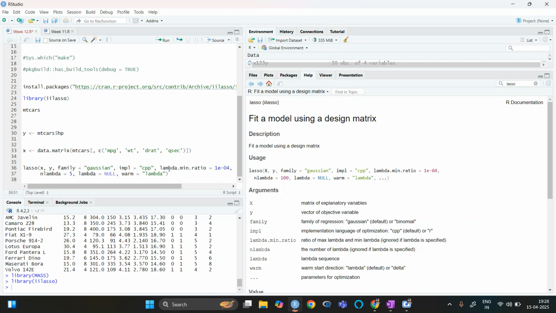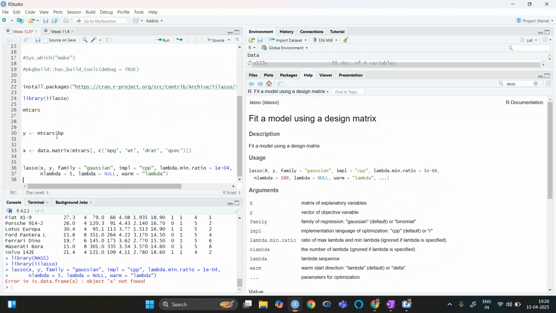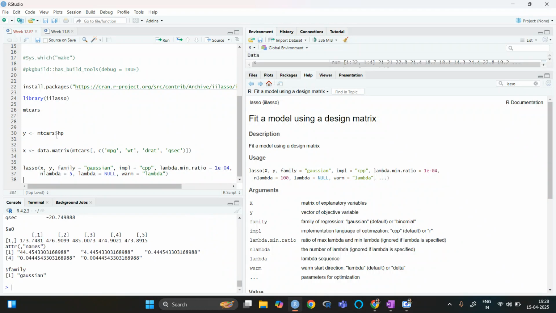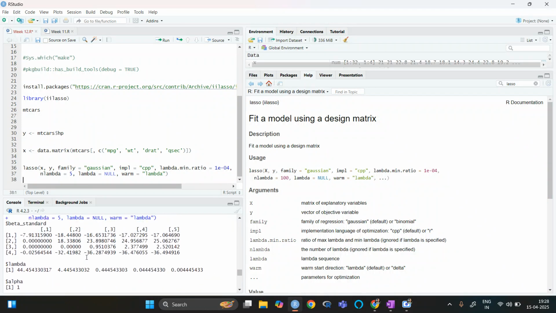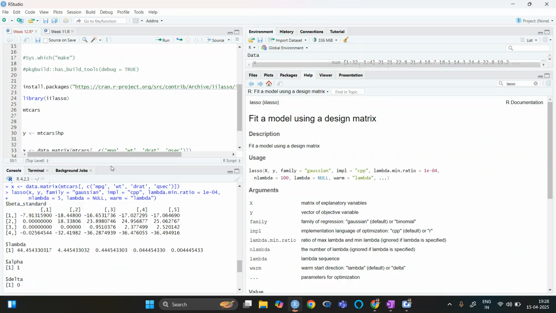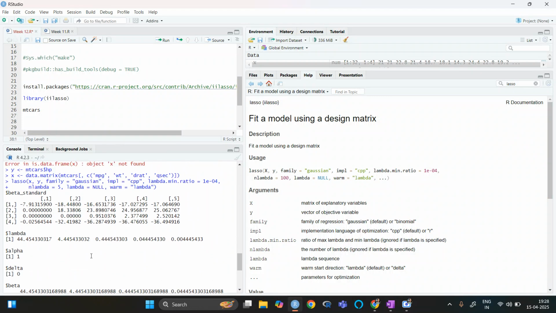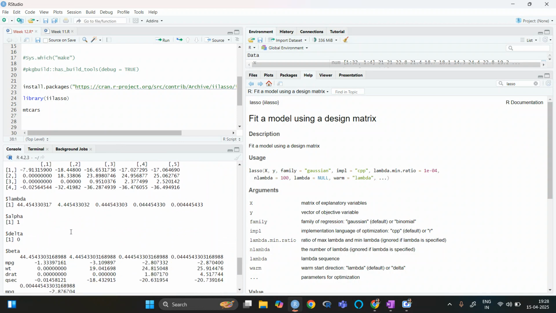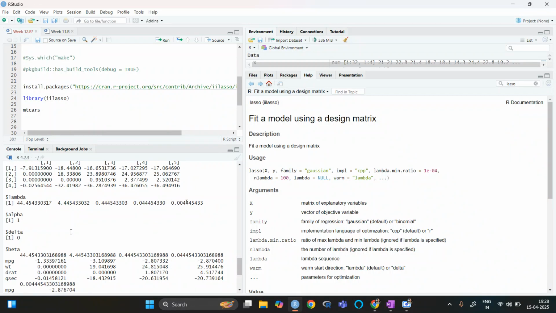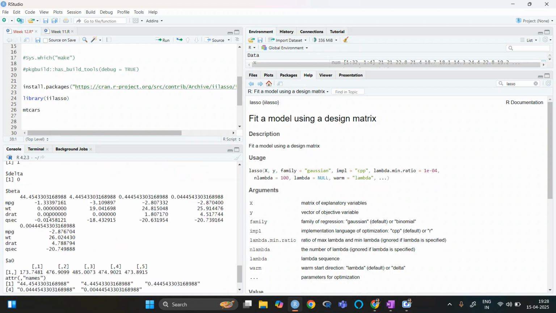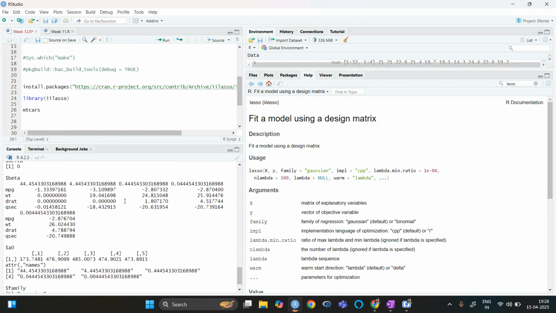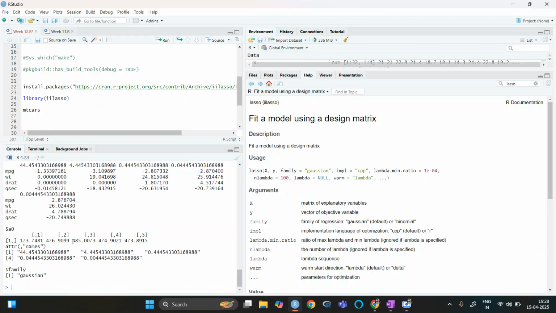Okay. So now if I run it, you can see we have got these values. We have got beta standard, we have got the lambda, we have got this alpha, delta. We have got the beta, the a naught, which are the intercept terms, the attributes, and the family is Gaussian